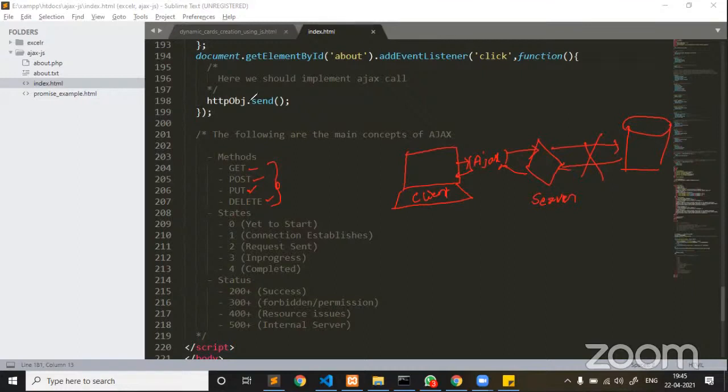Now here, let me explain how we are going to see this. One more important thing, guys: whatever method we are implementing, whether it's a get request, post request, put or delete, since you are sending a request from the client side to a server, the server is in a different place and the client is in a different place. In such cases, you have no control over the request. You can't even understand what is happening.